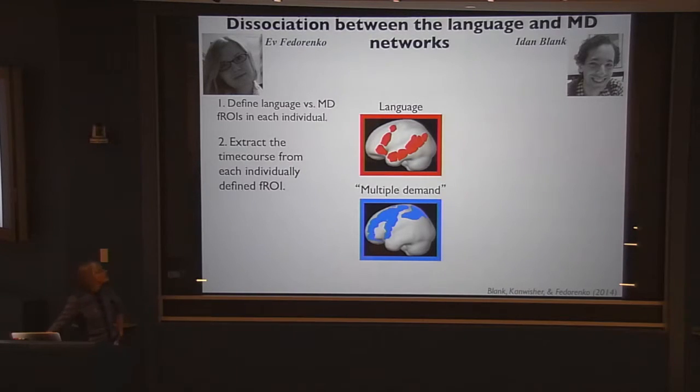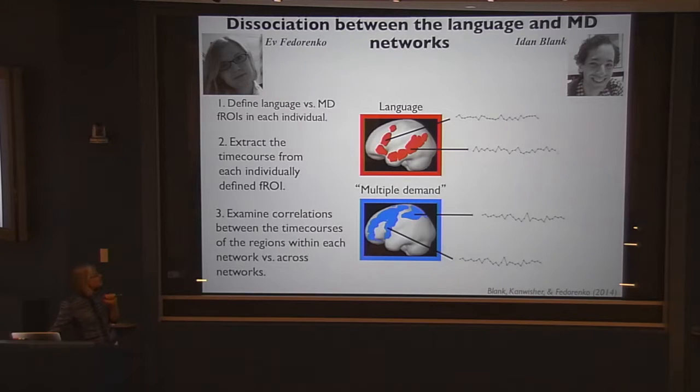In the method, we define each of these regions, and then you scan subjects while they're just lying in the scanner doing nothing in particular, at rest, whatever that is. They're just lying there. And you extract the time course from each of these regions identified functionally. Then you can ask whether those time courses at rest are correlated across two different language regions within a subject, or across two different parts of this multiple demand system, or between language regions and multiple demand regions. The reason I hadn't messed with this method is nobody knows exactly what these correlations mean.